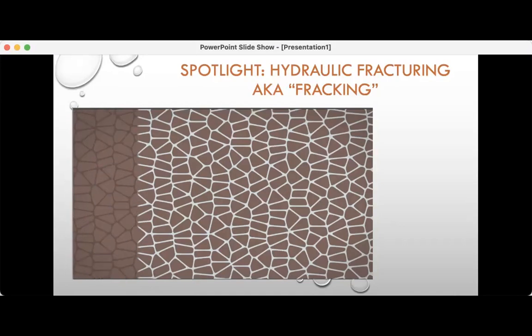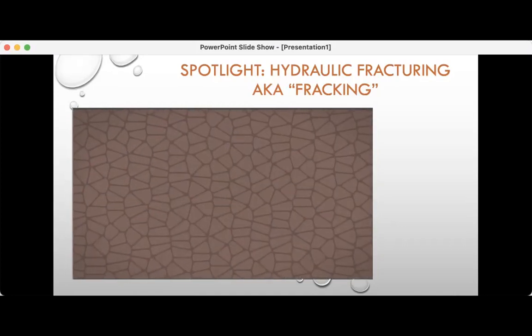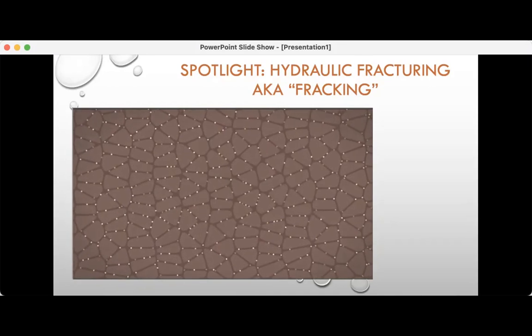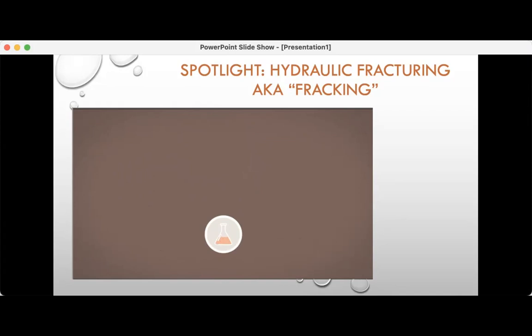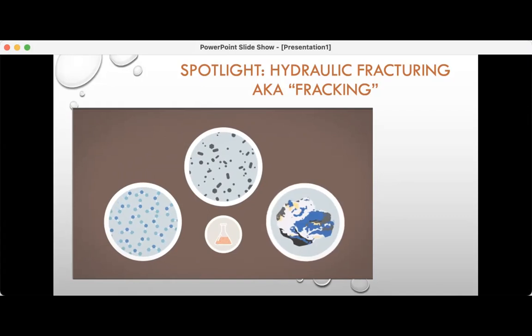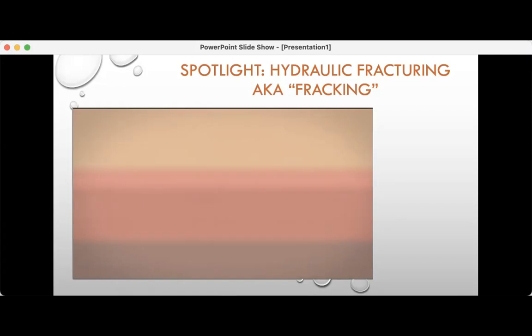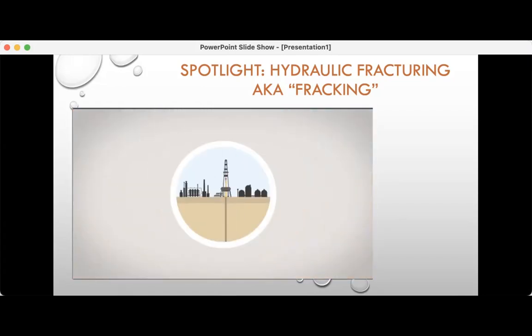The mixture penetrates into the rock layer and produces innumerable tiny cracks. The sand prevents the cracks from closing again. The chemicals perform various tasks. Among other things, they compress the water, kill off bacteria, or dissolve minerals. Next, the majority of the fracking fluid is pumped out again. And now the natural gas can be recovered. As soon as the gas source is exhausted, the drill hole is sealed. As a rule, the fracking fluid is pumped back into deep underground layers and sealed in there.